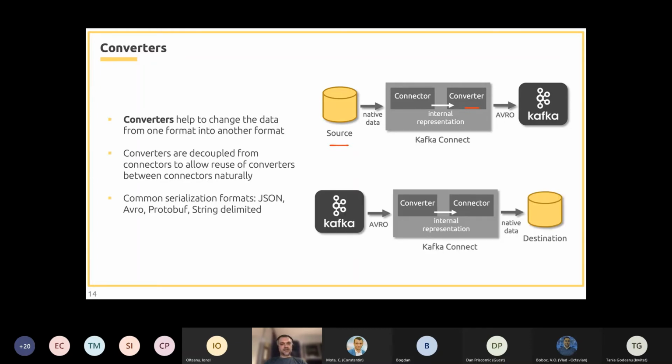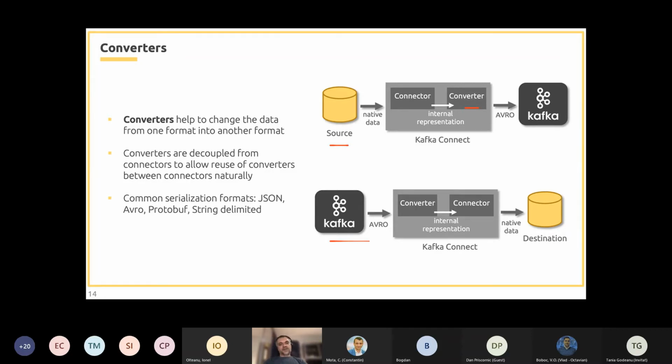Something similar happens in the case of a sink connector. We have our connector that reads our data from Kafka, and our converter then deserializes that Avro data, which is converted into an internal representation data format specific for Kafka Connect.